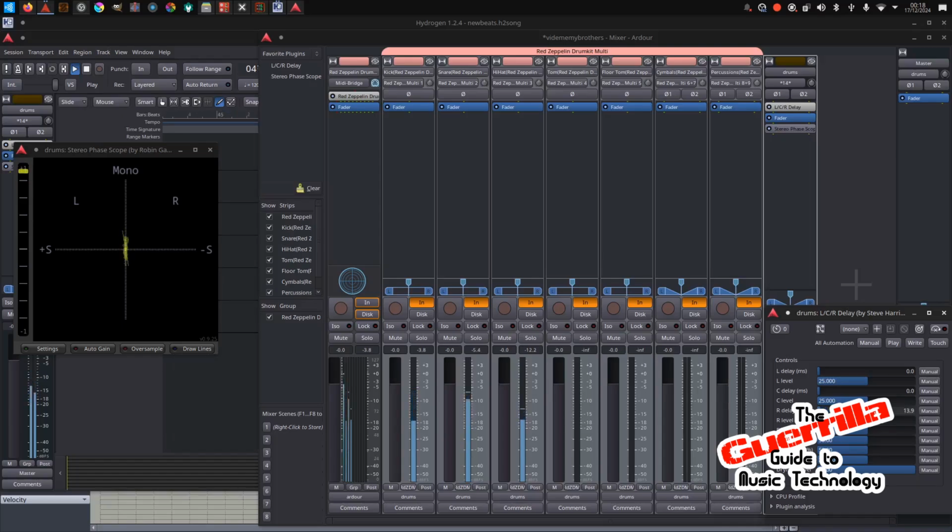That's too far. Let's say 13.9, that looks about right. So all that's literally done is the tiniest little bit of delay on one side of it, just to widen it out somewhat. Okay, so